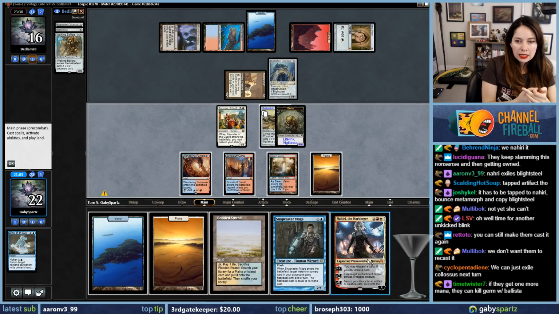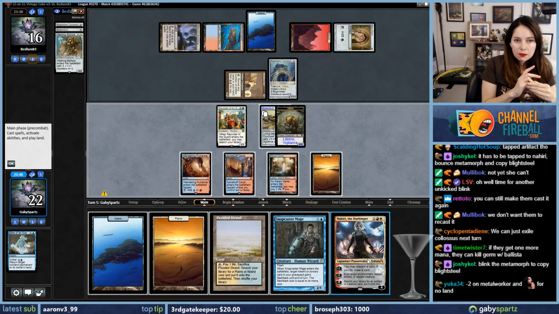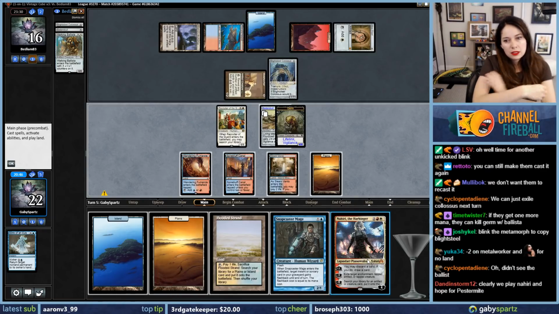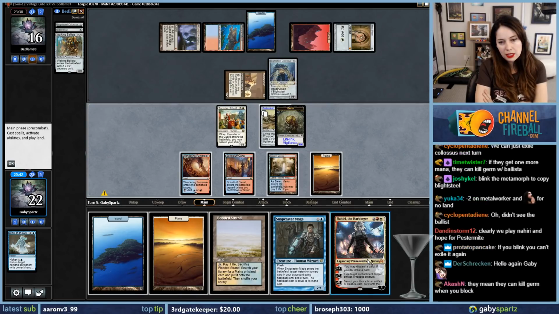If they get 1 more mana, they can kill Germ with Ballista. Yeah, but I think they're gonna play Blightsteel, though. Blink the Metamorph to copy Blightsteel. Huh. But then I die from... Then I don't have enough mana. Clearly we play Nahiri and hope for Pestermite. I don't think that's right. I think we're supposed to...